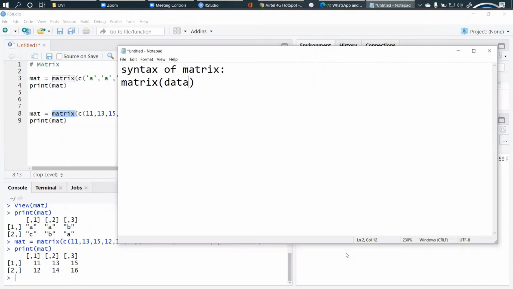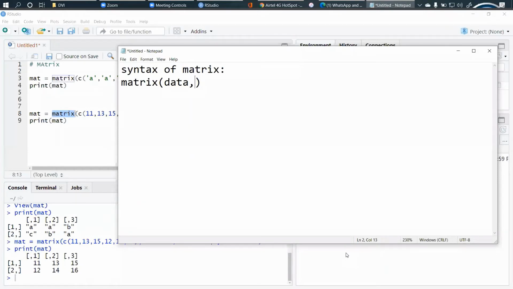First is data. Data is the argument in the matrix function which represents what kind of data you're going to use, whether it is a set of elements as a vector, a list, or an external file. So the first part is giving the input vector, or the data elements of a matrix.